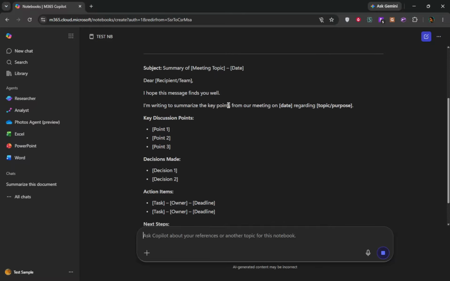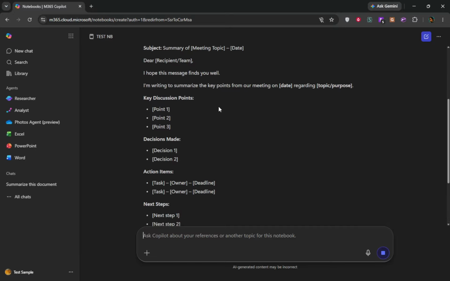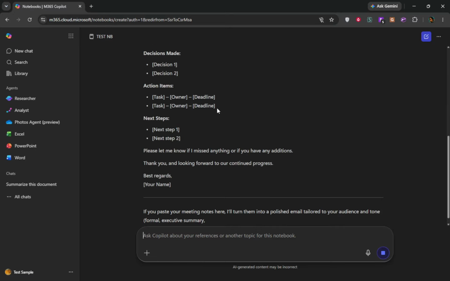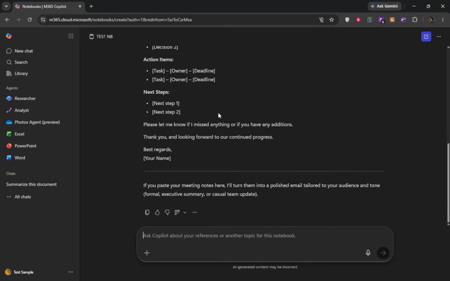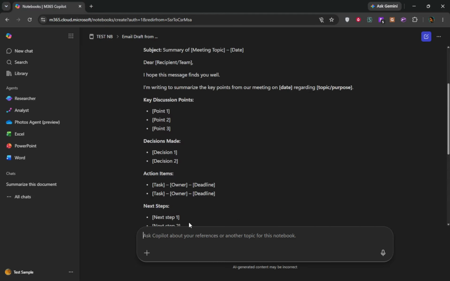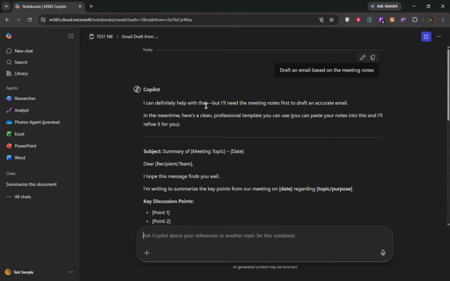With your content ready, you might want to share the notebook with others. Open the notebook you wish to share and click on Share. Enter the email addresses of your collaborators. Next, choose their permissions. This step is crucial as it determines what your collaborators can do. Finally, send the invitation. Once they receive it, team members can work in the notebook together. Effective collaboration leads to better project outcomes.